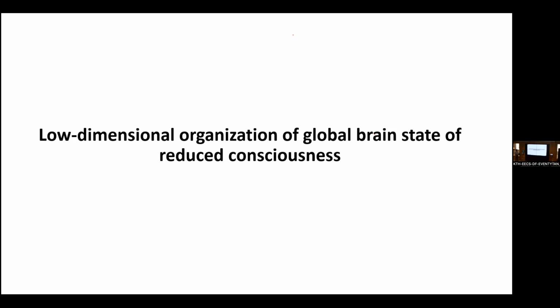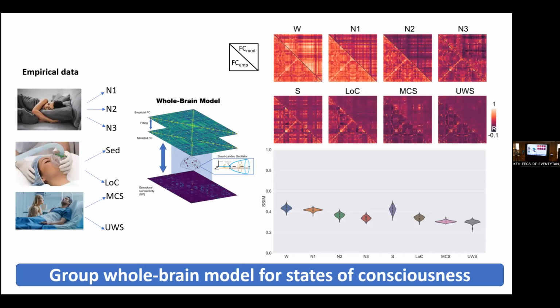In my opinion, the first relevant result that we get is the low-dimensional organization that we observe of this global state of reduced consciousness in the latent space. First, in order to show the whole process and how it goes, I show how good the whole-brain model of the data is. We build one whole-brain model for each brain state that we use. We will use 8 brain states, or 8 states of consciousness, including the wakefulness state in resting state,